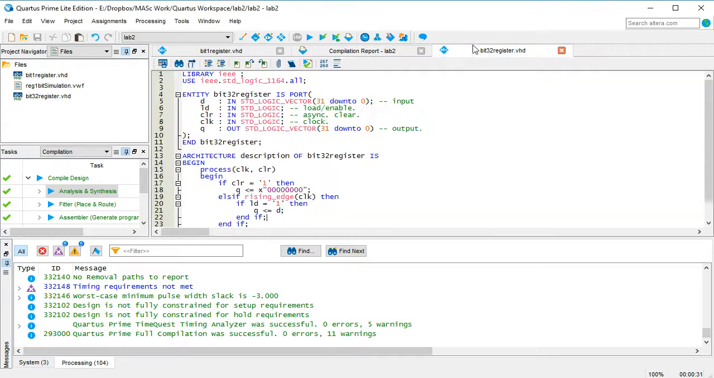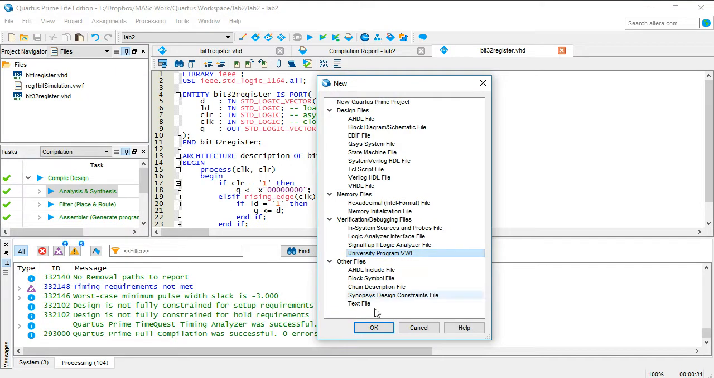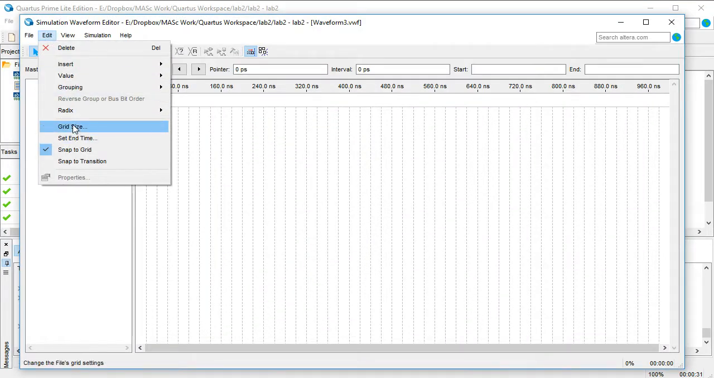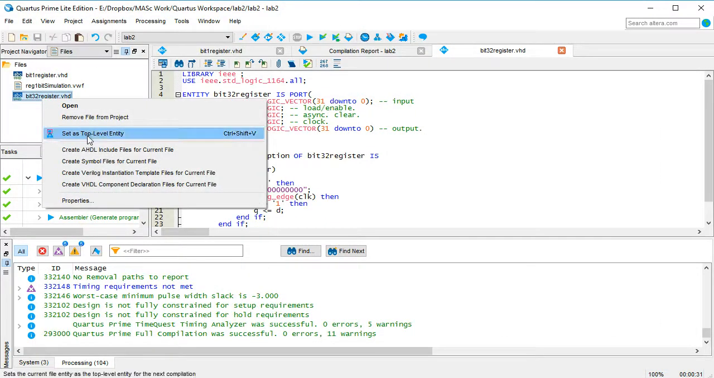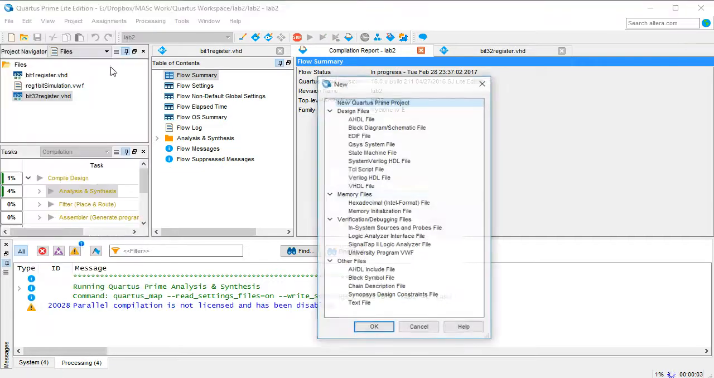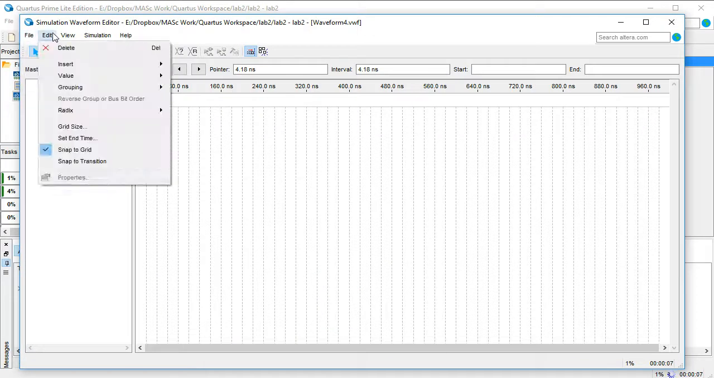Alright, so it seems like it works fine. Now I can create a new waveform file for this one, and same things. Oh wait, before compiling I have to make this the top level entity and then compile it, and then I have to make a new file,